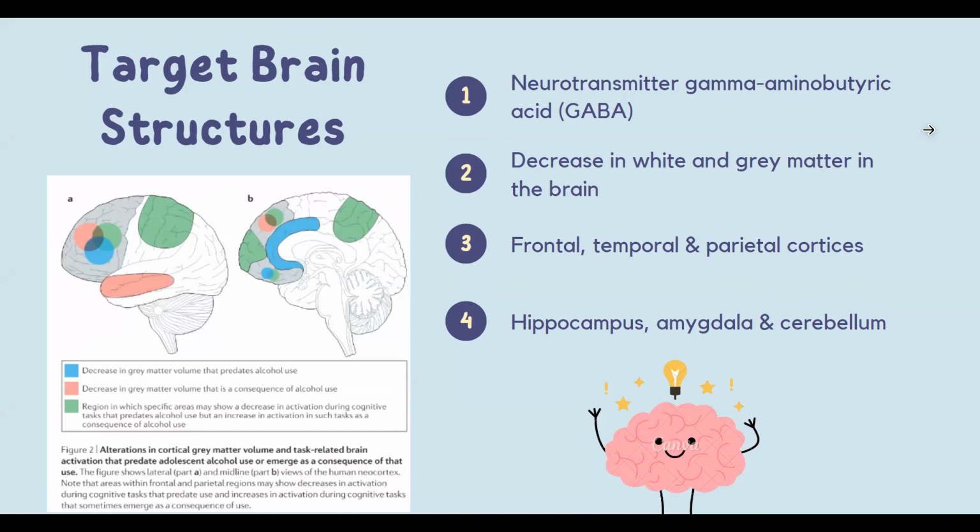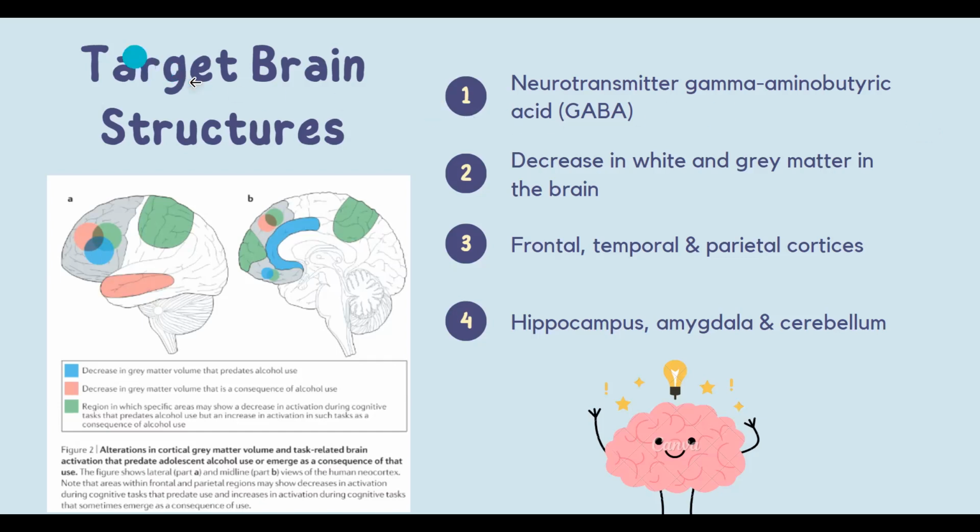Also in the subcortical regions like the brainstem, ventral diencephalon, and the caudate lobe, they found a decrease in gray matter in people who regularly drink alcohol. Next to that, diffusion tensor imaging studies found a decrease in white matter integrity and efficiency for people who drink alcohol a lot, but also for people who drink alcohol regularly.